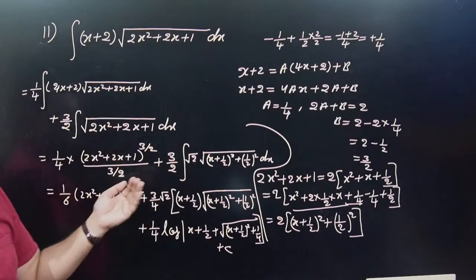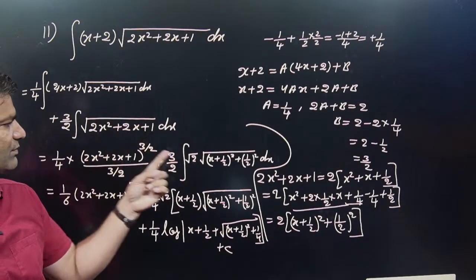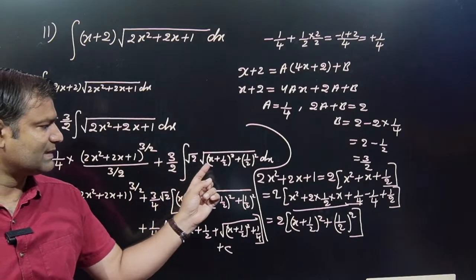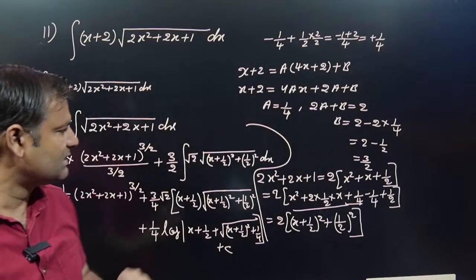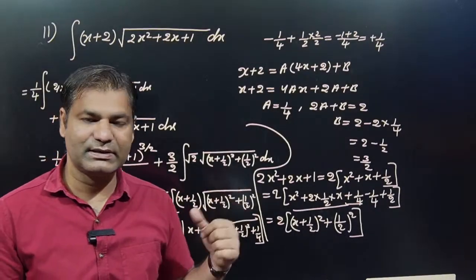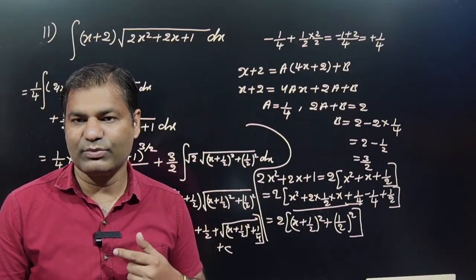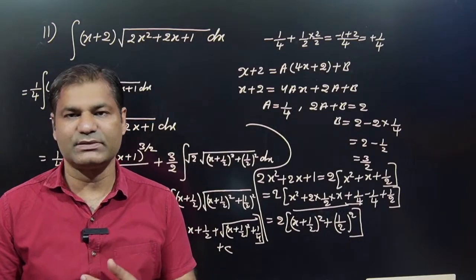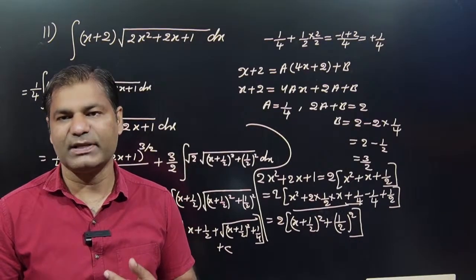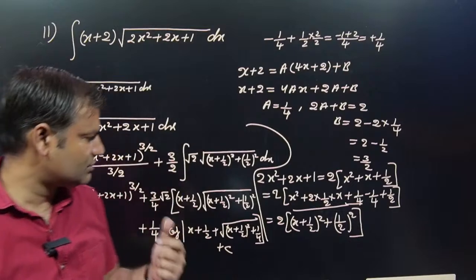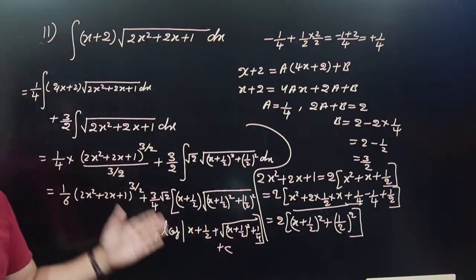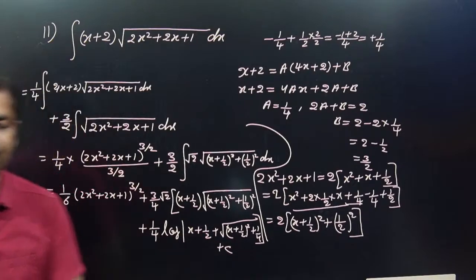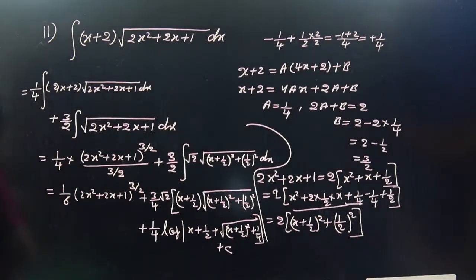After that, next target, what about that value? If root 2 is common, then this one is written under root x plus half to the whole square plus 1 by 2 to the whole square. So basically here under root x square plus a square dx is written as 1 by 2 into x under root x square plus a square plus a square by 2 into log of x plus under root x square plus a square. So x is x plus half, and a is basically 1 by 2. So that value put here and find the answer. Okay, I hope it is clear. Now after that we focus on the next problem,